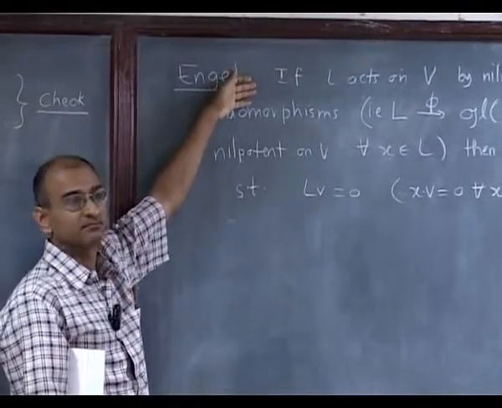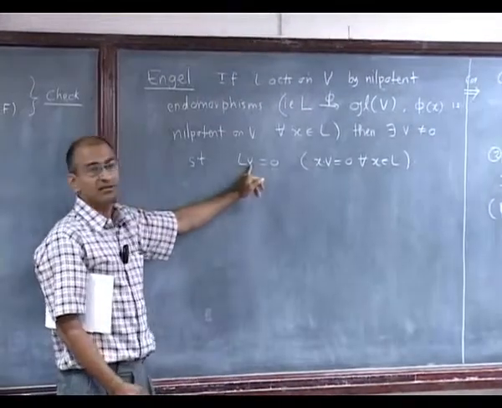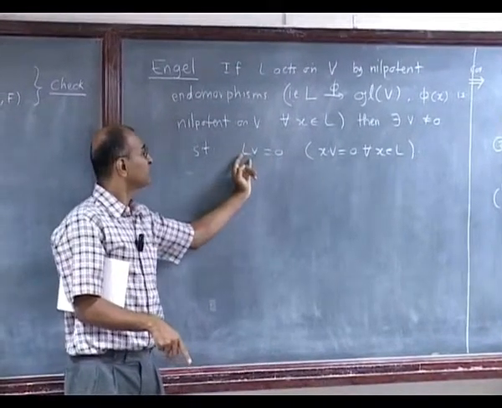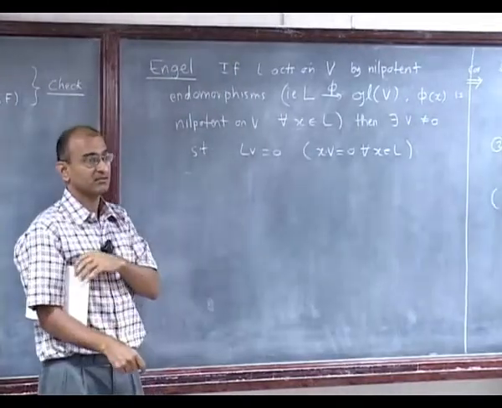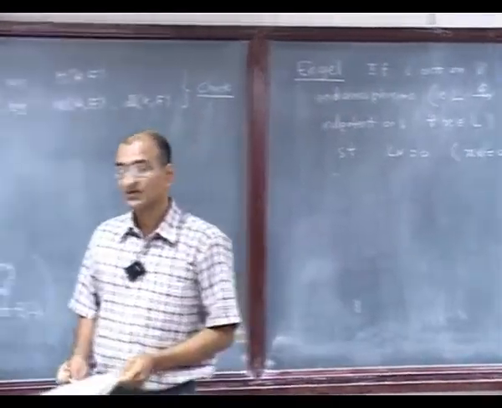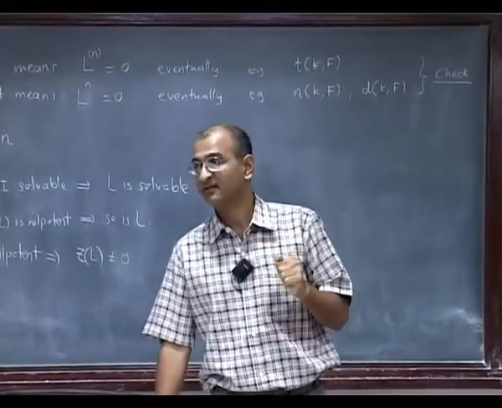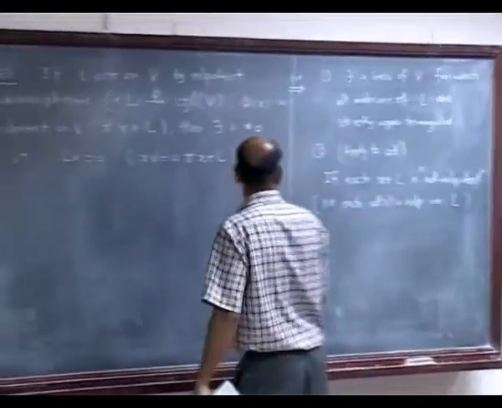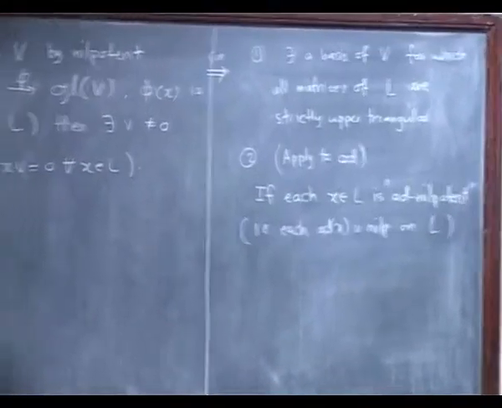What does it say? There is some vector v in the vector space, which is L, which is killed by all of L. But what is this L V? That is really ad, it's the bracket action, correct? So what this does for me is that there is a center. Okay, but then let's take this a little bit forward. If there is a center, then what happens? There is that Z of L.